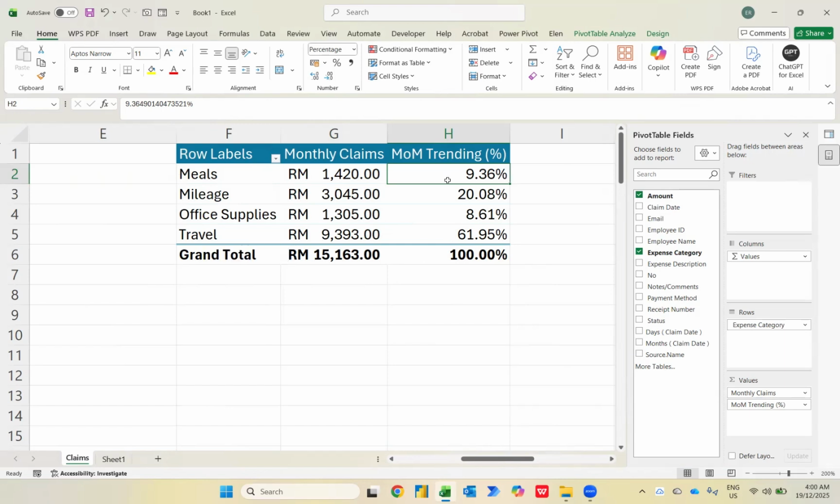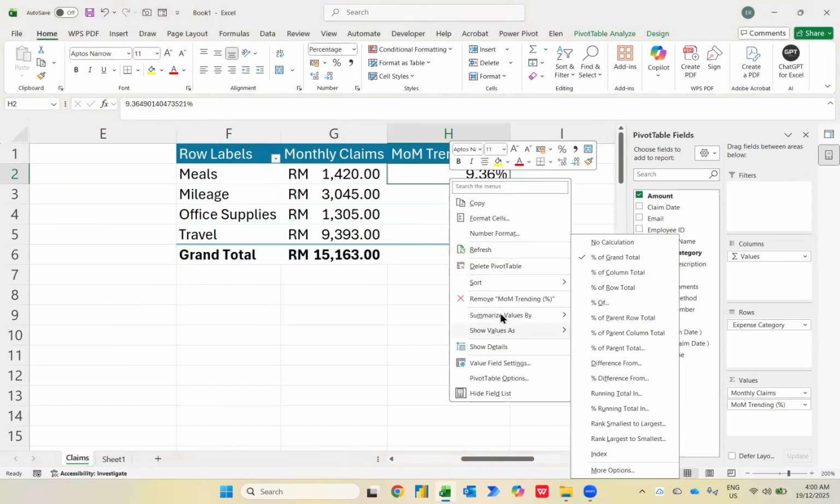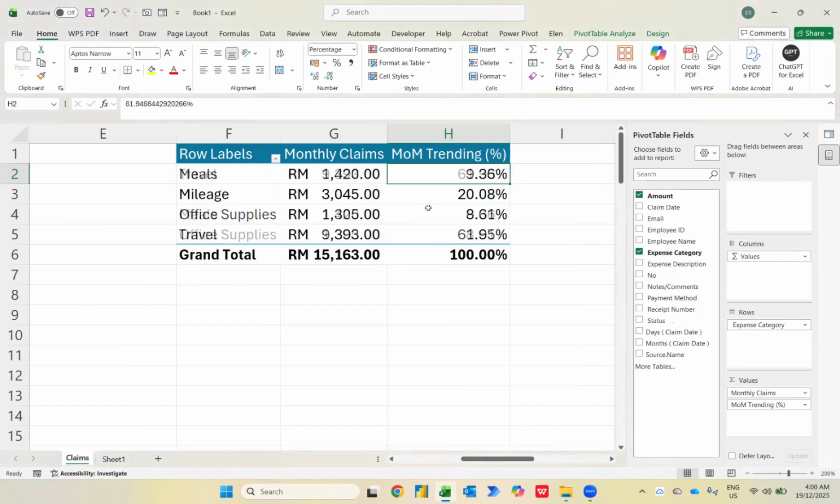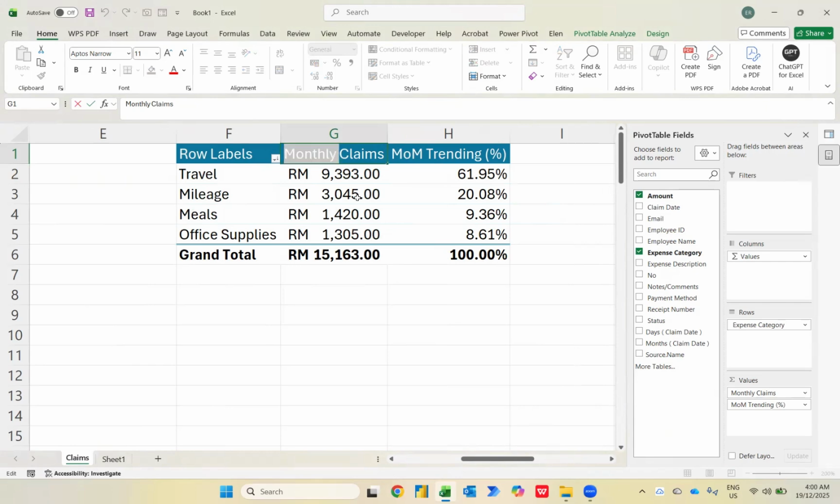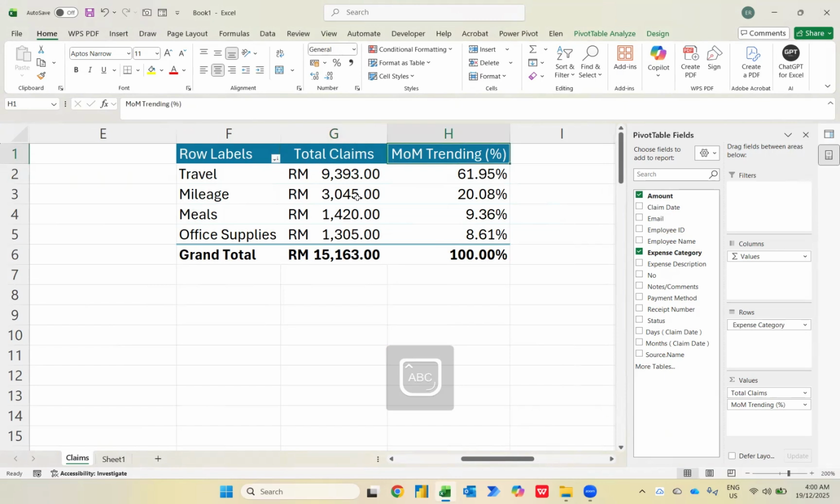So yeah, and then I'm going to right click. I want to sort largest to smallest. So this thing over here, what you do is, of course, here instead of monthly, you can put total claims. Okay, so total claims, and here will be maybe a percentage allocation or the apportionment, pengagihan dalam bentuk peratus. So now we do have the data, and if you want to show the monthly, it's up